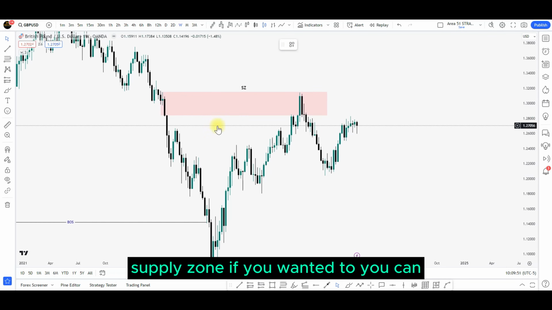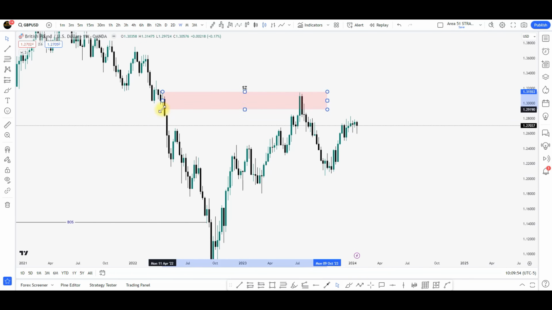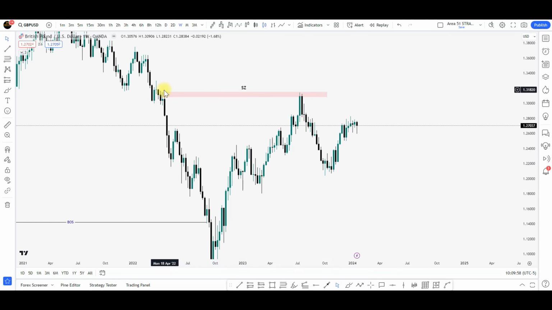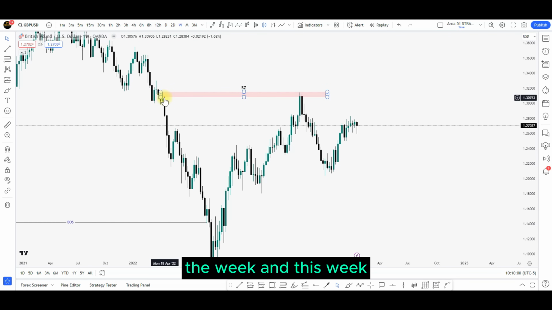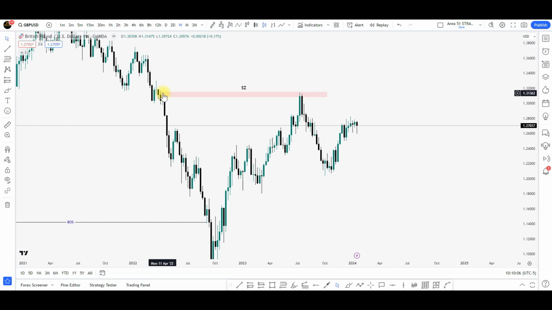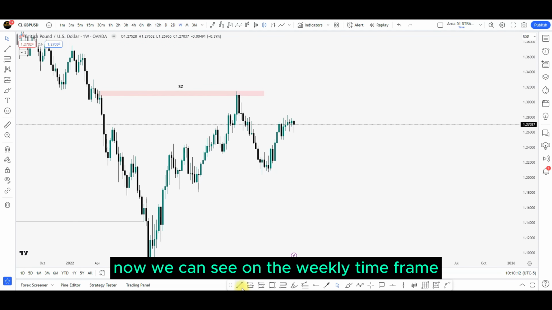Supply zone. If you wanted to, you can basically refine it and mark it to the week, and this week, which is where price is trading at this moment. Now we can see on the weekly time frame that price took out an area of inducement